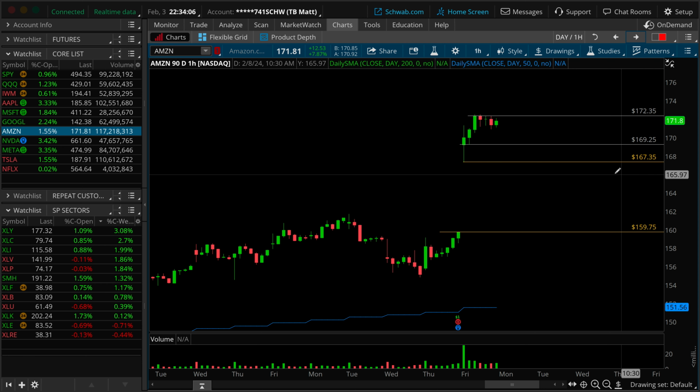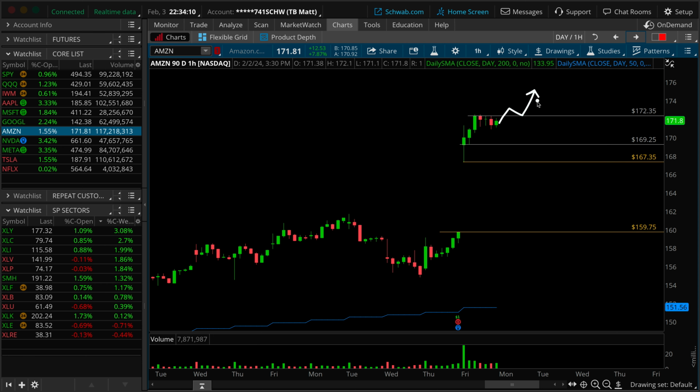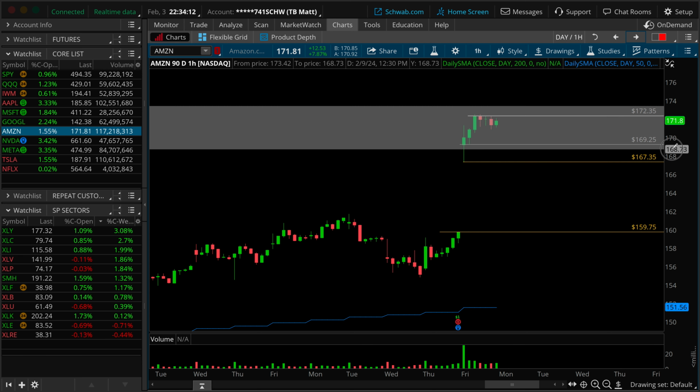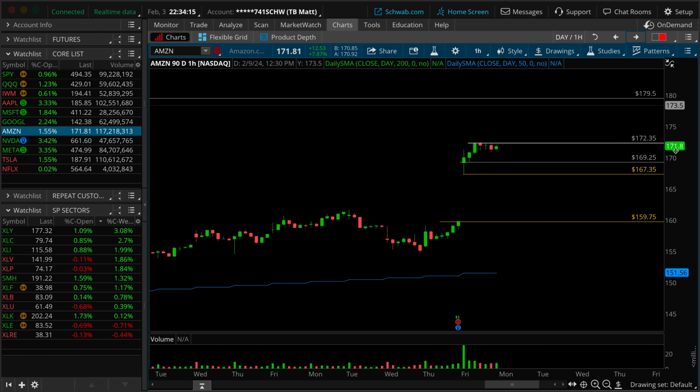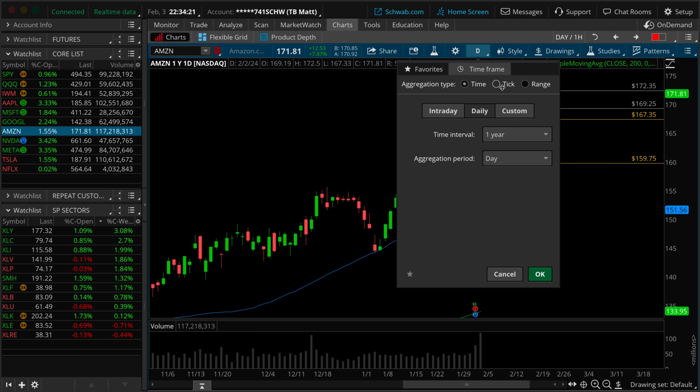If we're going to break in the upward direction, there is a nice flat top on the hourly, where if we can break higher low and stay above 172.35, looking for upside, we want to do this. The next major level is closer to 179.50. And this is because, let's not forget about Amazon on the, let's go weekly, let's go multi-year daily time frame